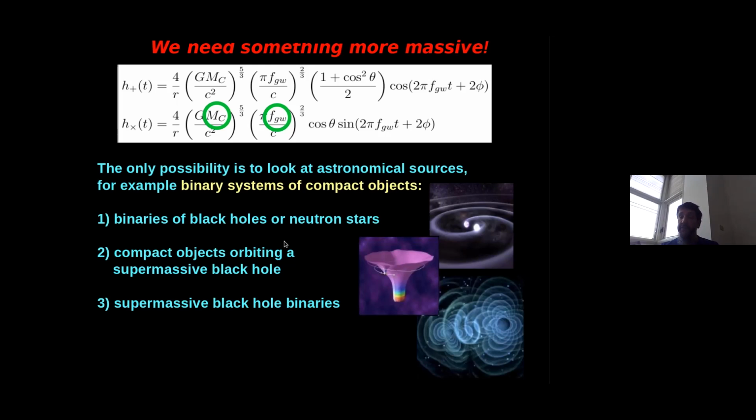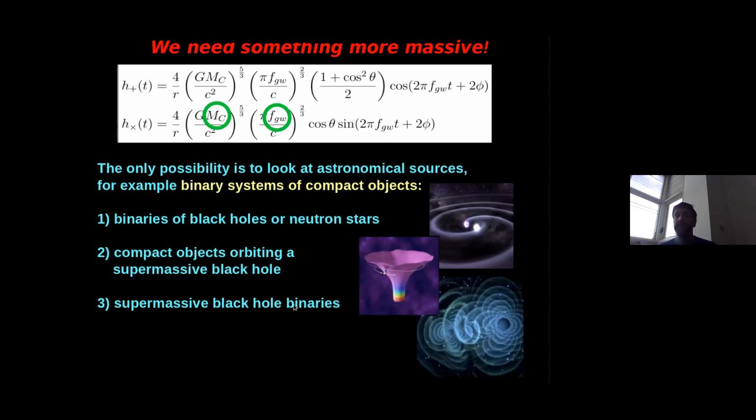But also another very interesting source of gravitational waves is related to supermassive black holes, because we gained a lot of evidence in the past 20 to 30 years of the existence of supermassive black holes at the center of essentially each massive galaxy. And those supermassive black holes can be sources of gravitational waves essentially in two main ways. One way is by hosting a small compact object that is orbiting around it. And these are the so-called extreme mass ratio inspirals that we will see on Thursday morning,